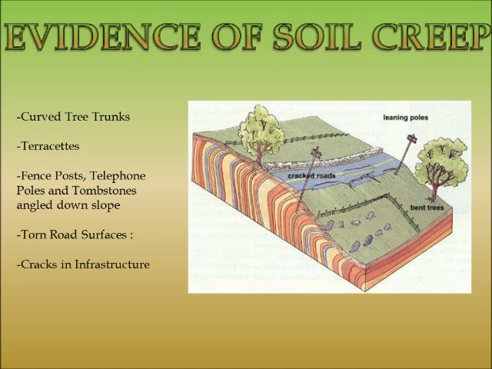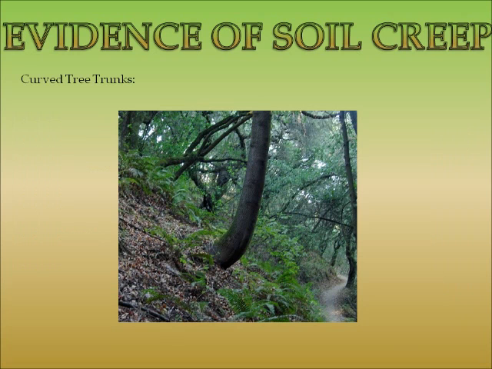Curved tree trunks. Trees tend to emerge with straight vertical trunks because their growth hormones are strongly influenced by gravity and they will generally grow towards the direction of light. However, plants located on hillslopes tend to have bent tree trunks. This is because as the soil is slowly moving downwards, the tree on the slope is also growing upwards slowly, which results in the curvature of tree trunks over time.